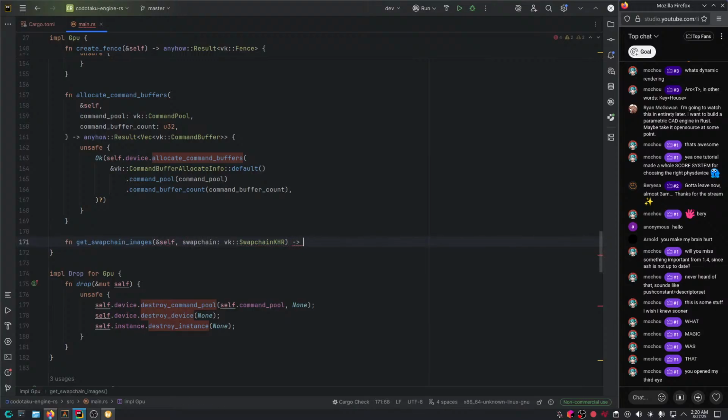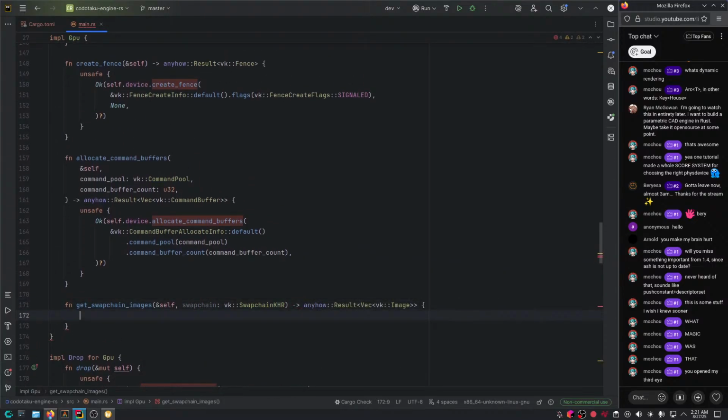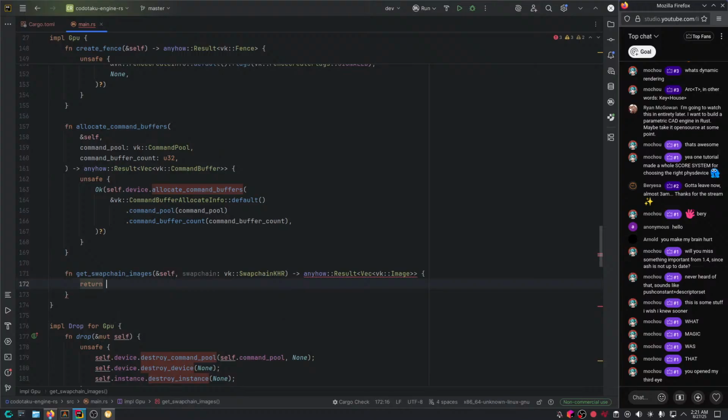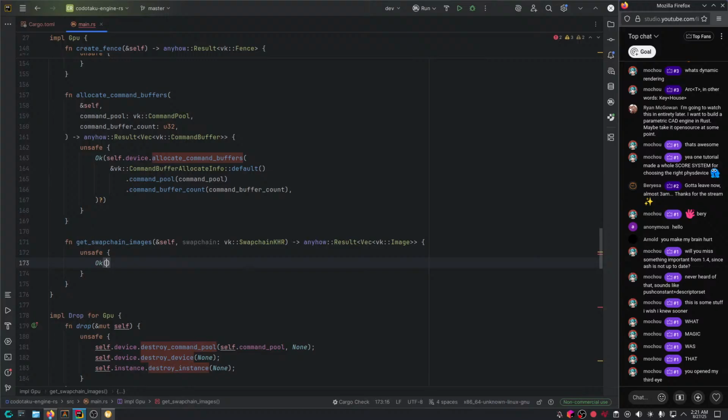Well, this would basically return an anyhow Result of a vector of vk Image, then we're gonna return. Well, I probably need the unsafe stuff again. This is another thing that I kind of hate, well, I also like about Rust, but either way.